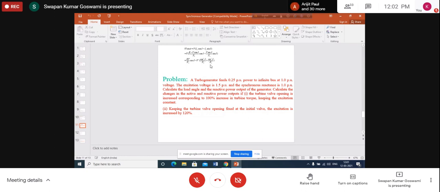Had Xd and Xq been same, then this part would have been V square by Xd only. If they were equal, then cos square δ plus sin square δ would have been equal to 1. We would have written EV by Xd cos δ minus V square by Xd. That means the same expression. If you take V by Xd outside, then E cos δ minus Vt would have been the expression for reactive power. That means you see that reactive power control also is exactly the same.